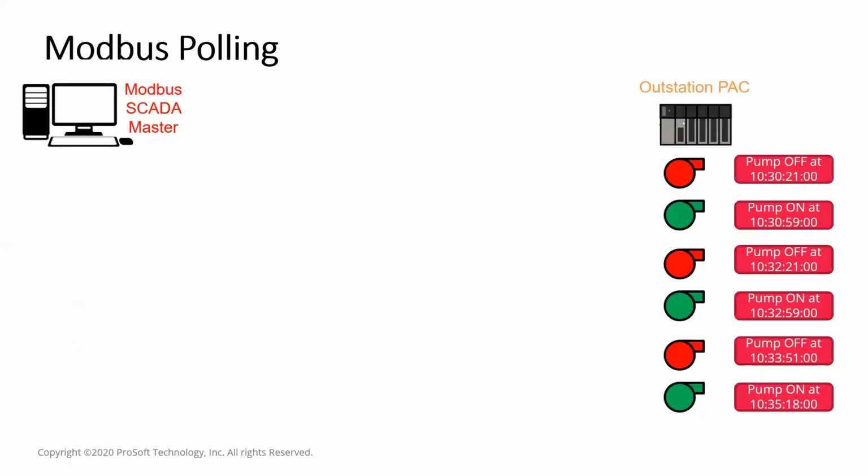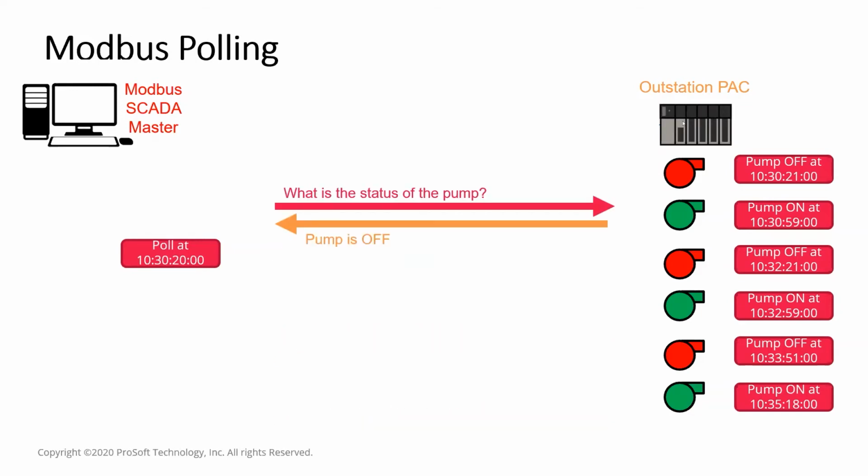So I wanted to give you an example of why DNP3, when I say that there are no holes in your data, and you're going to see here with this example of what I mean with that. So this is a traditional Modbus system where you've got a Modbus SCADA master that's polling an outstation. So let's say it polls the outstation at 10:30 and 20 seconds, 10:30:20. And it says, what's the status of the pump? And if you look at the time, it's past that, so it returns a status to say that the pump is off. Now, it polls 5 minutes apart, so at